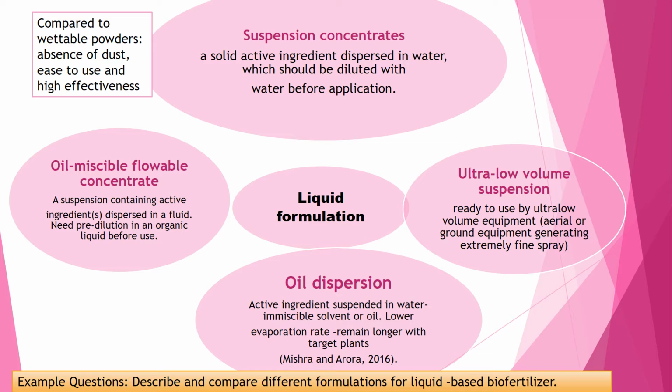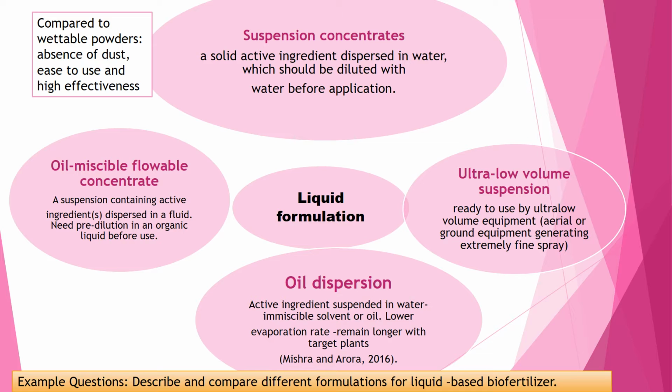Oil miscible flowable means this is an oil and water mixture, whether it can easily flow. It's called flowable concentrate. So this suspension contains the active ingredient of the MI dispersed in a solid. Also same with this one, it will need an organic liquid before use, because oil is soluble only in organic liquid for dispersion. Then it needs pre-dilution in the organic liquid